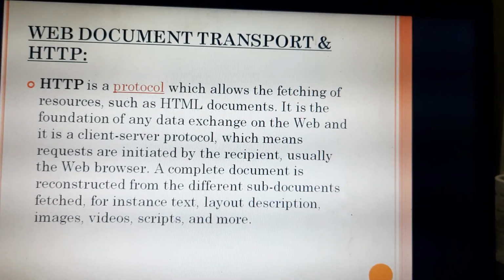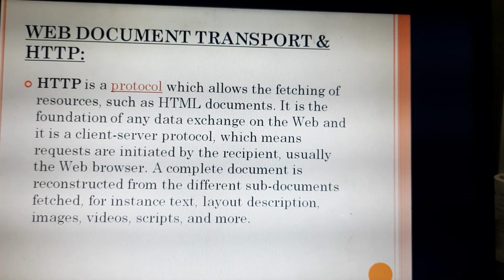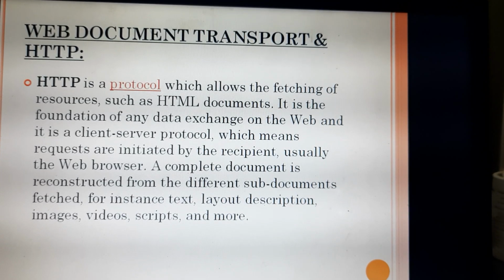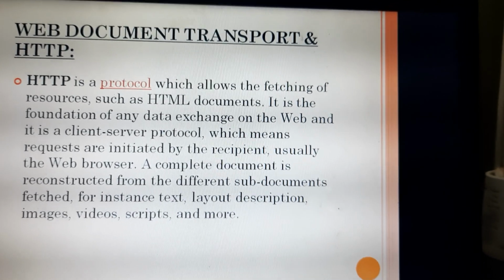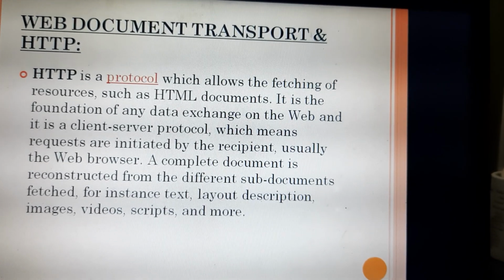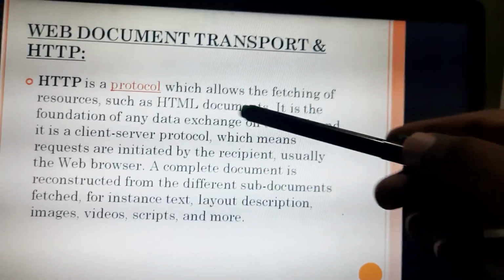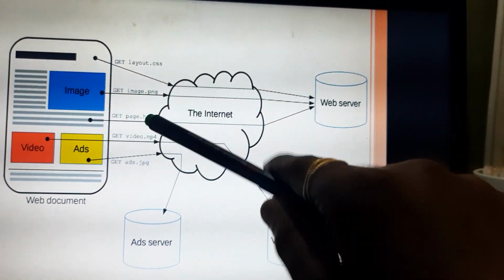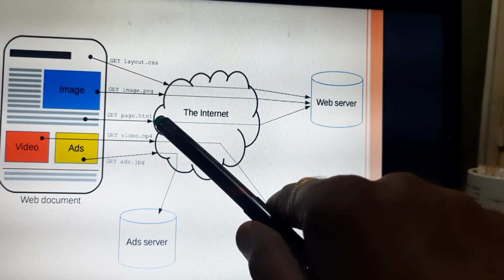Now web document transport and HTTP. HTTP is a protocol which we use to fetch the resources from the server, such as an HTML document. In the previous example we have page.html.